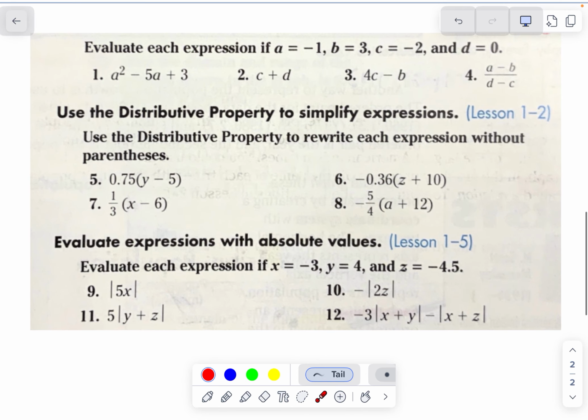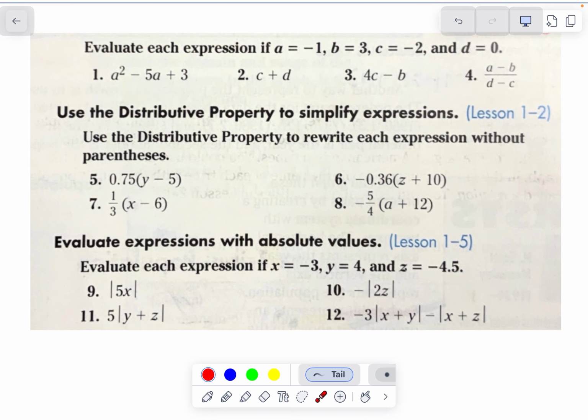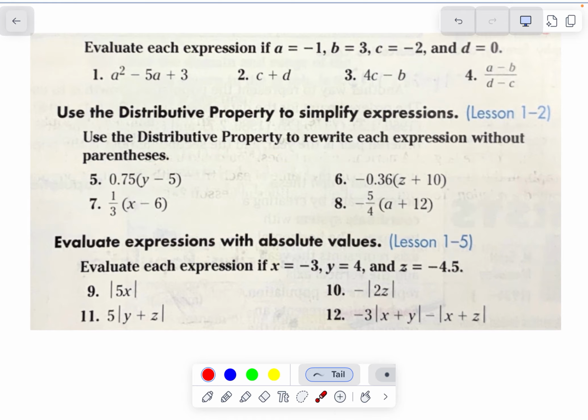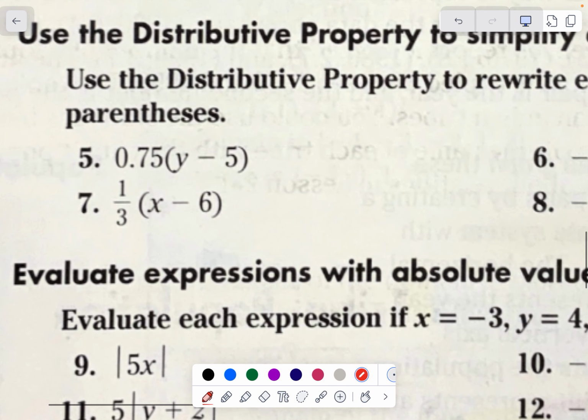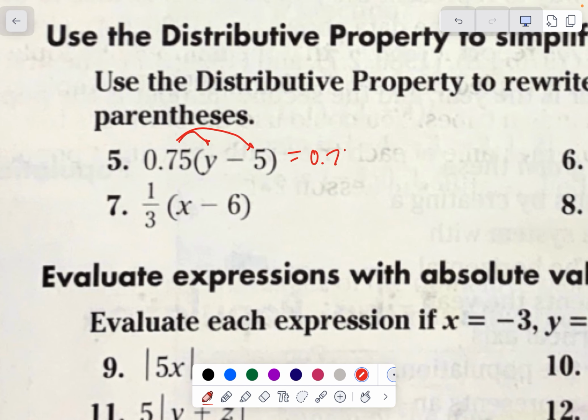Problem 1 through 4 is, again, the substitution. Here is just practicing using the distributive property without parentheses. So for 5 here, let's do 5 together. We're just going to go ahead and rewrite that. So it would be 0.75 times y, as you just mush them together. 0.75 times 5,